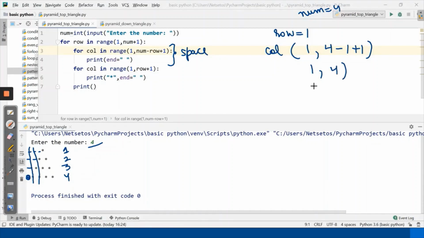So it will run for 1, 2 and 3, as the last number is never allowed. So it will take 3 spaces.